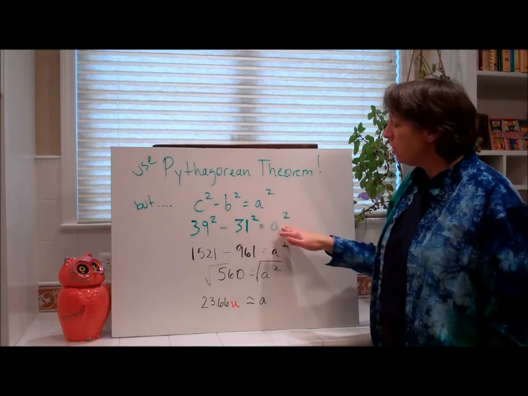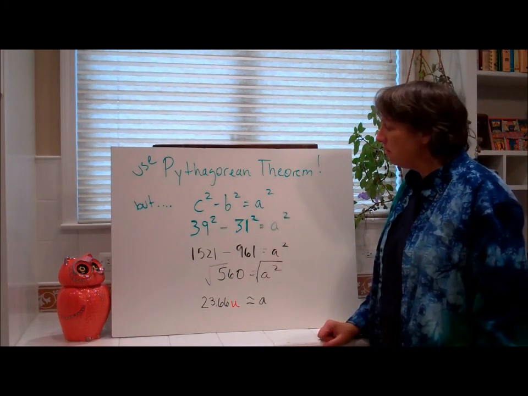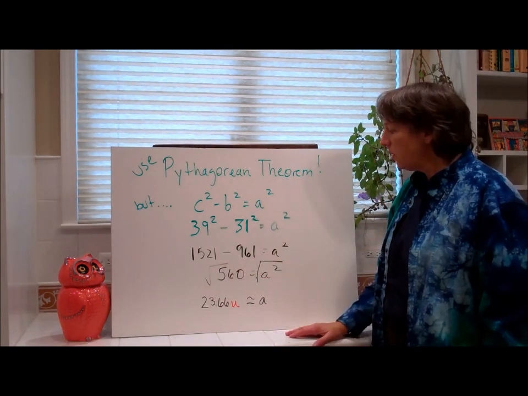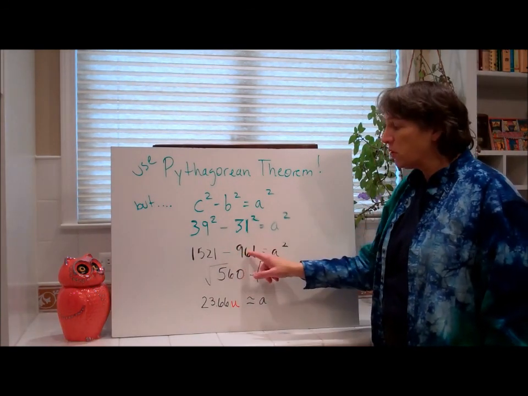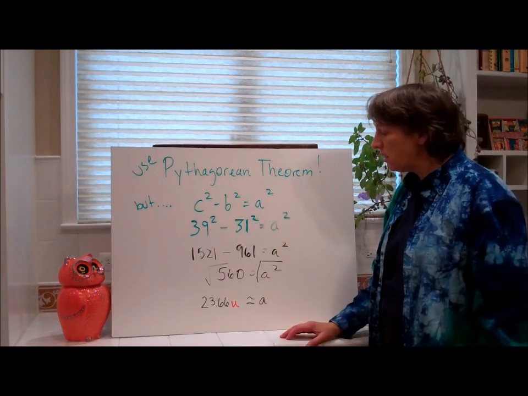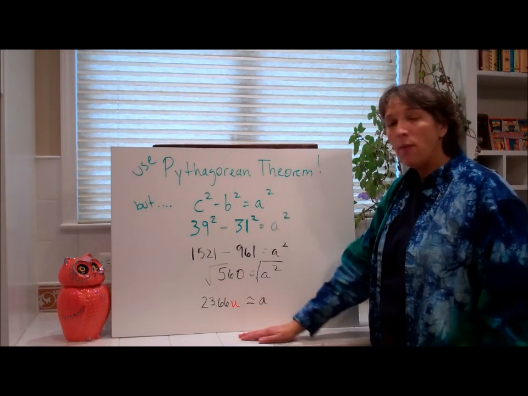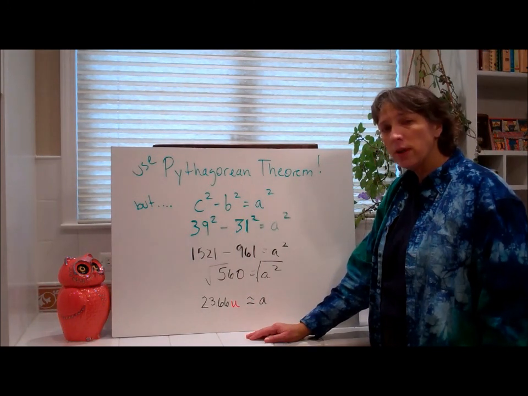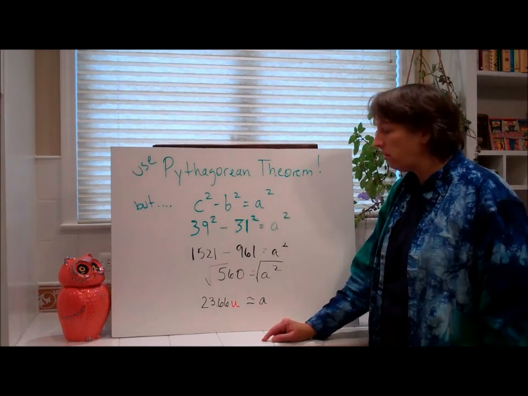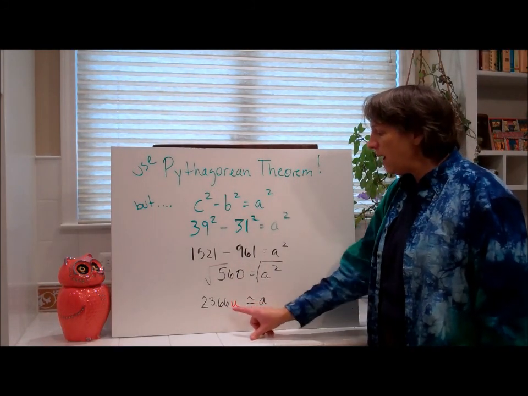And I chose a squared as the missing side. When we square it, we get 1521 minus 961 equals a squared. We subtract, we get 560 equals a squared. We take the square root of both sides. Again, I rounded it to hundredths. Be careful, look at the directions to make sure to round to hundredths you have to look at thousandths. A is about